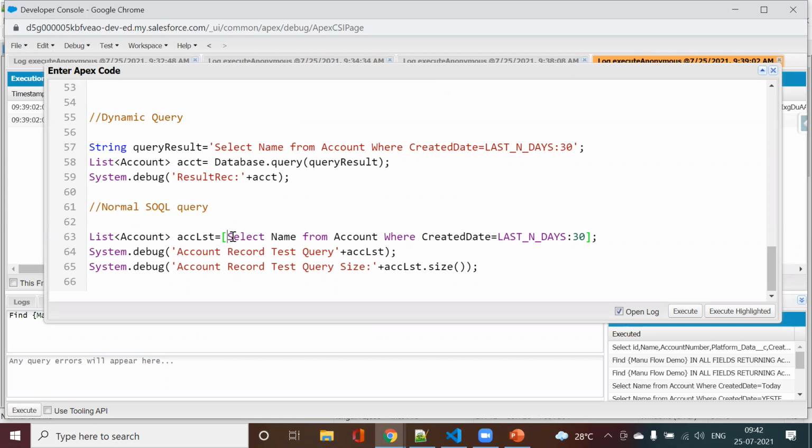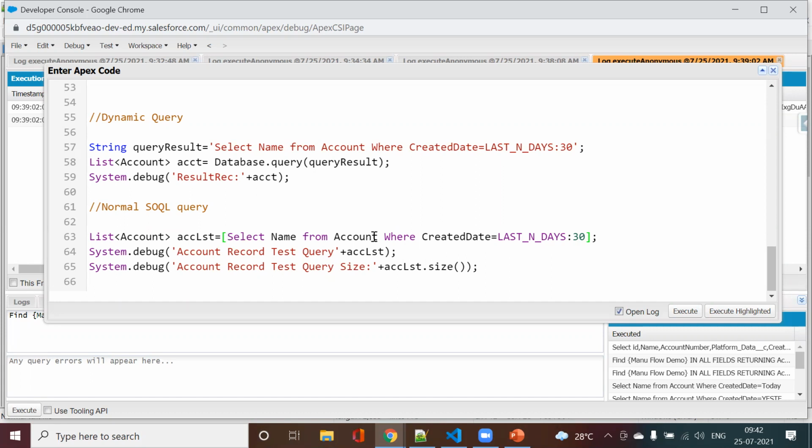In case I don't want duplicate records, I can make use of sets. With sets you will have unique records, but it will be an unordered collection. The third thing is your map, which is a key-value pair. It's just like having a username: when I give some username, I will get the password, or some sort of passcode. Based upon that, I get my password.